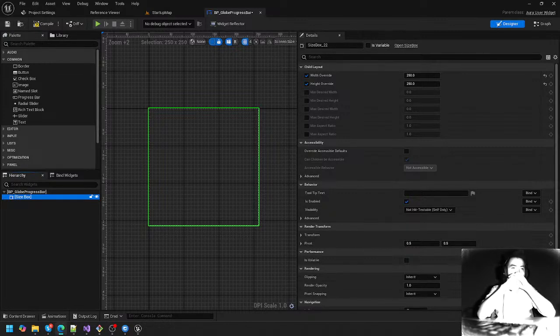Well, what we could do is create variables for the width and the height, and then we can set those over in the graph. So the size box, I'm going to rename this to sizebox_root. So we can treat this as a sort of root widget here in globe progress bar. And if we go over to the graph,